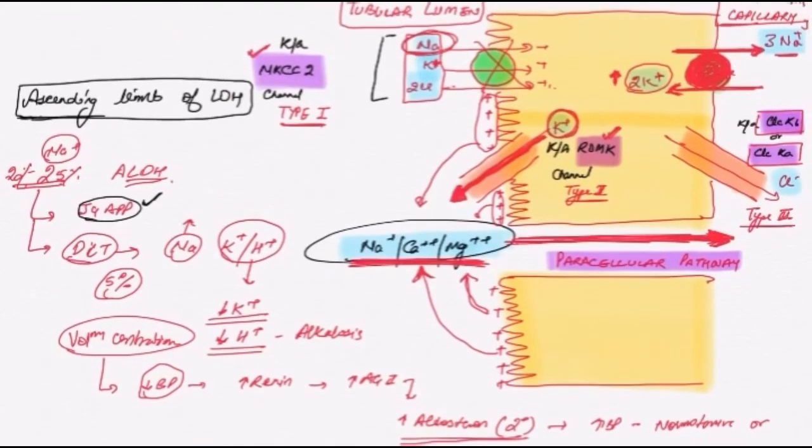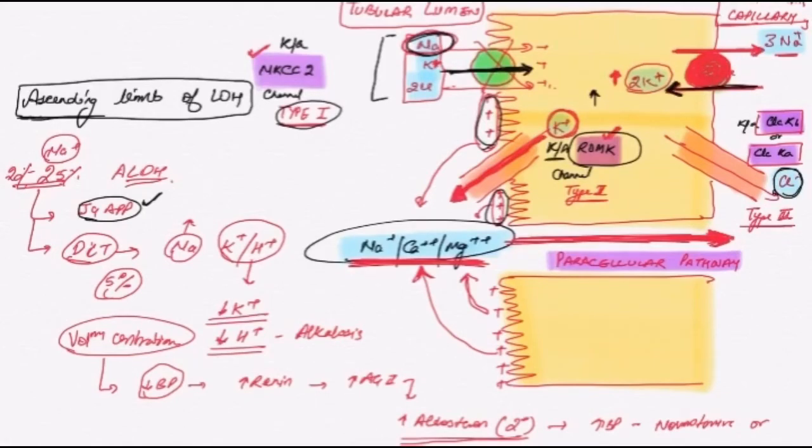Secondly, this is only the type 1 that we discussed about. In case of type 2, this ROMK channel, potassium channel, will not be working properly. So there will be increase in the potassium inside the cell, and this will hamper this channel to work properly because it cannot push potassium inside from both the sides. So this will not work properly. There will be a difficulty in concentration gradient, and again the sodium will not be reabsorbed properly and will go into the DCT, and same thing will happen, and same with the chloride also.